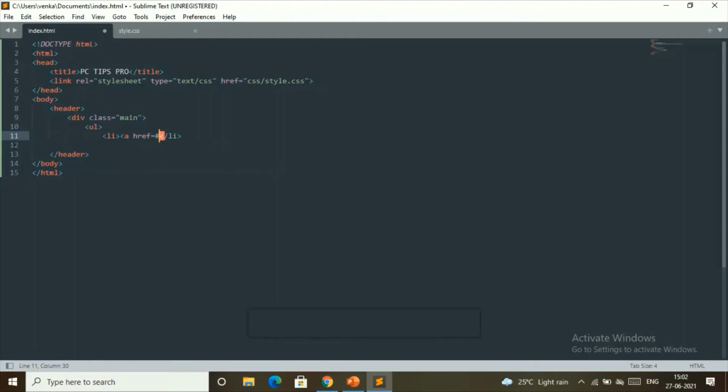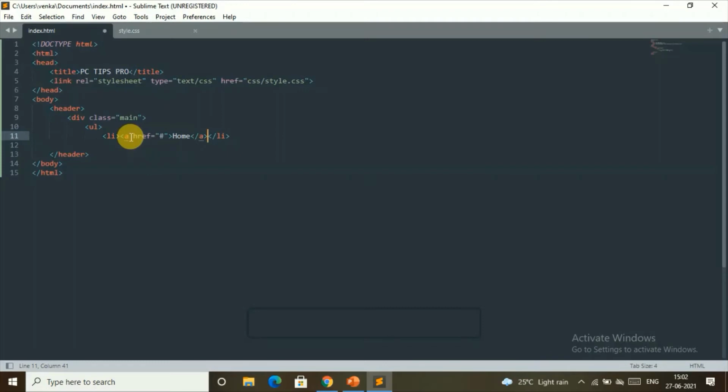Use this hashtag symbol, so that when visitors click on your menu item, it doesn't redirect the users to another page or a new tab. It will be shown in the same tab only. Then let's close this, and my first menu item will be Home. We are done when we close this tag. Yes, so this is how we have created our first menu item.